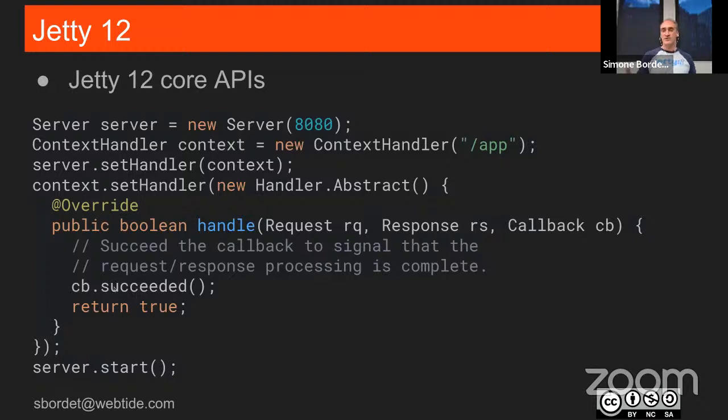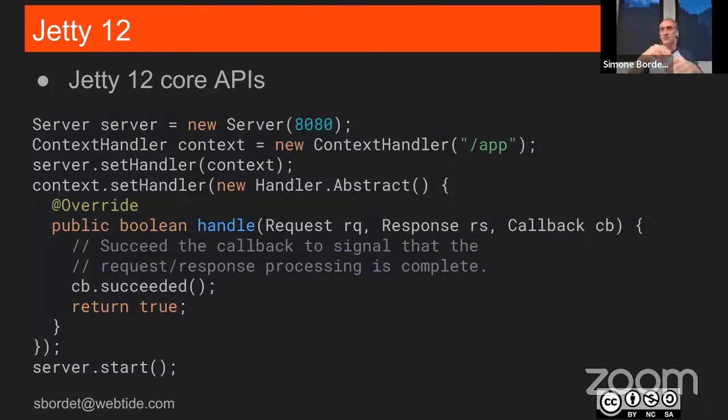So you can say, for example, okay, I received a request, but in order to fulfill this request, I need to call asynchronously a third-party web service somewhere. And it will take time for that web service to give me back the response, okay? Meanwhile, I know that this request is for me. I already set up the call to the external service. I'm going to conclude this request. Don't worry, return true.